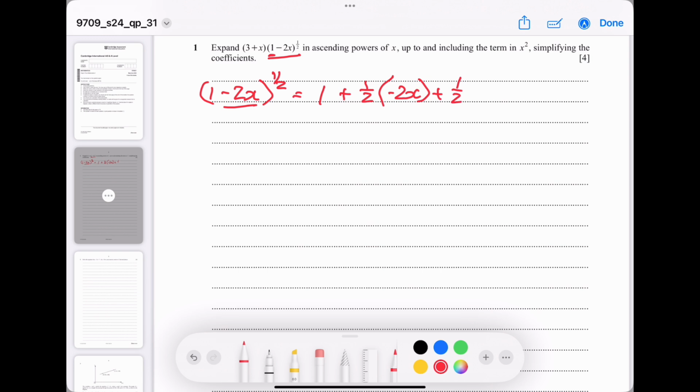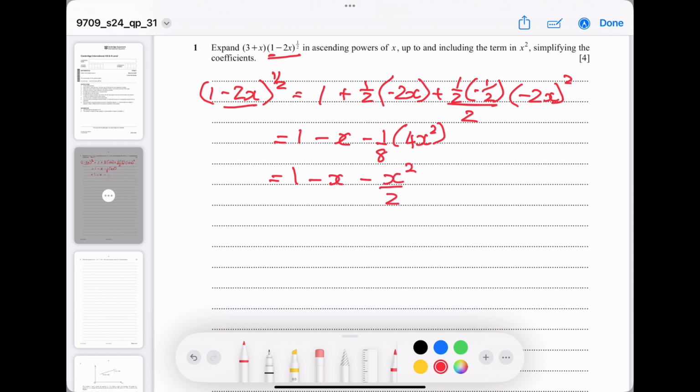plus 1/2 times negative 1/2, because that's 1 take away 1. Sorry, 1/2 take away 1 over 2. 2 factorial is obviously just 2. And then we're squaring negative 2x. Be careful to put the brackets around here because we know we're squaring both of these two. So that gives us 1 minus x minus 1 over 8, 4x squared, which is just 1 minus x